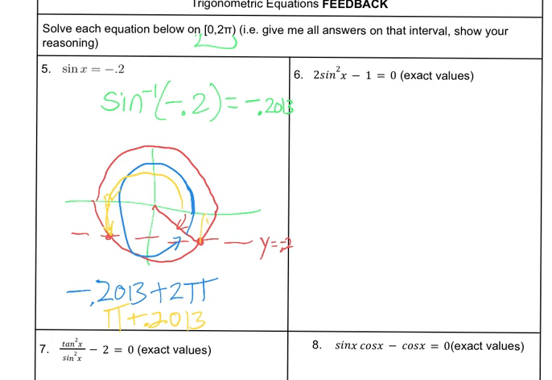So these values, negative 0.2013 plus 2 pi and positive 0.2013 plus pi, those are going to be our values. If you want to get the actual decimal approximations for those, the first one is going to be somewhere around 6.07, and the second one is going to be somewhere around